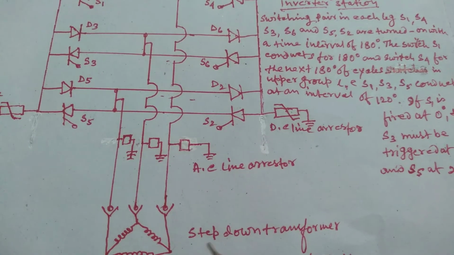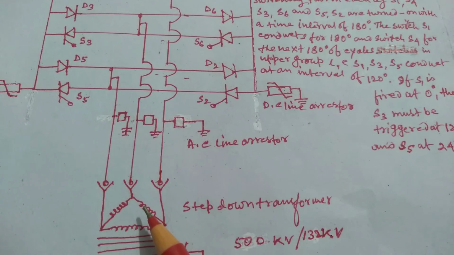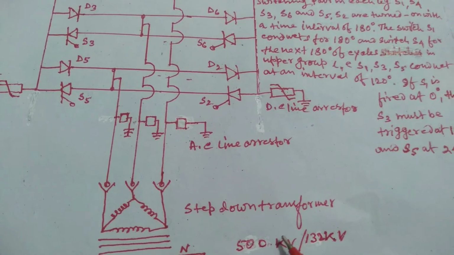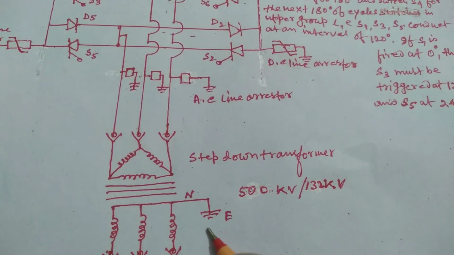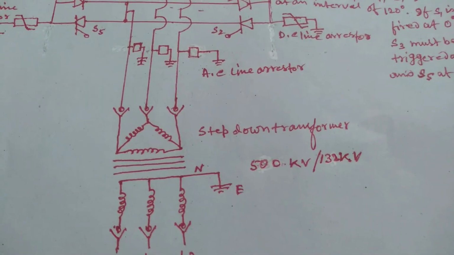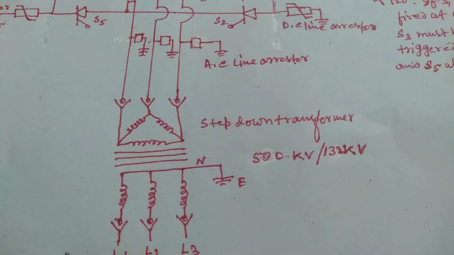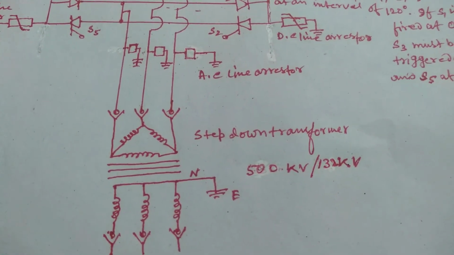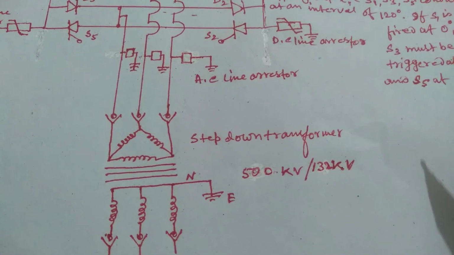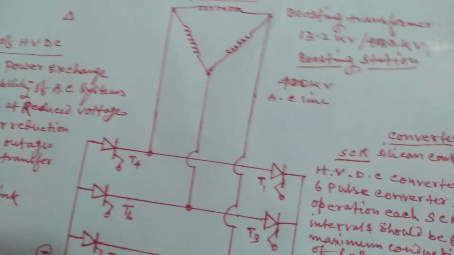and a step down transformer to connect it: 500 kV stepped down to a 132 kV output, L1, L2, L3. These are HVDC systems. This is the main advantage of our systems: